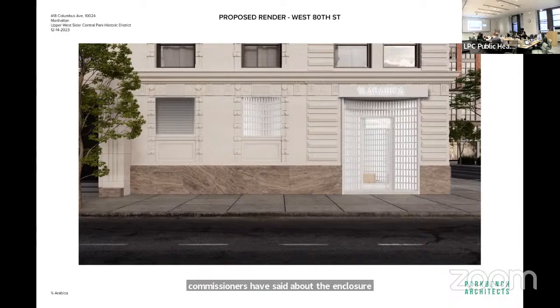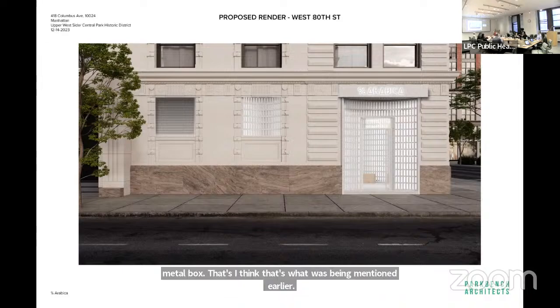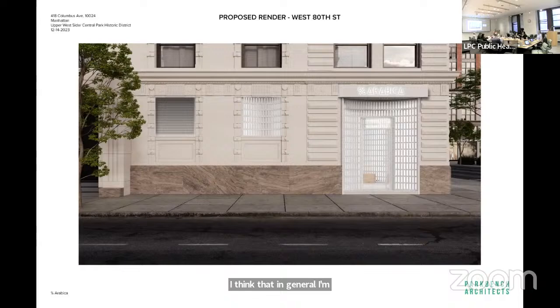Yeah, I'm not going to restate what many of the commissioners have said about the enclosure. You're going to have to wrap this with another sheet metal box. I think that's what was being mentioned earlier. I think that in general, I like the whimsical quality. My comment is that I do think you need to push it back or look at your radius